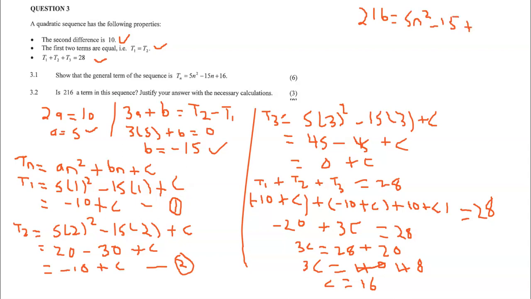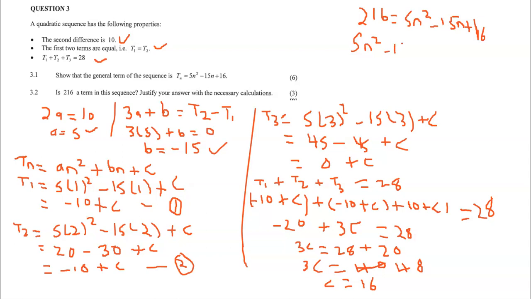And then that will be our lovely 16. So now from here we can do the quadratic sequence. So it's minus 15n. I don't know why I forgot 15n. And then 16 is here. This number is all over the place, so it's fine. So now we can do the quadratic sequence. So it'll be 5n squared, 5n squared minus 15n